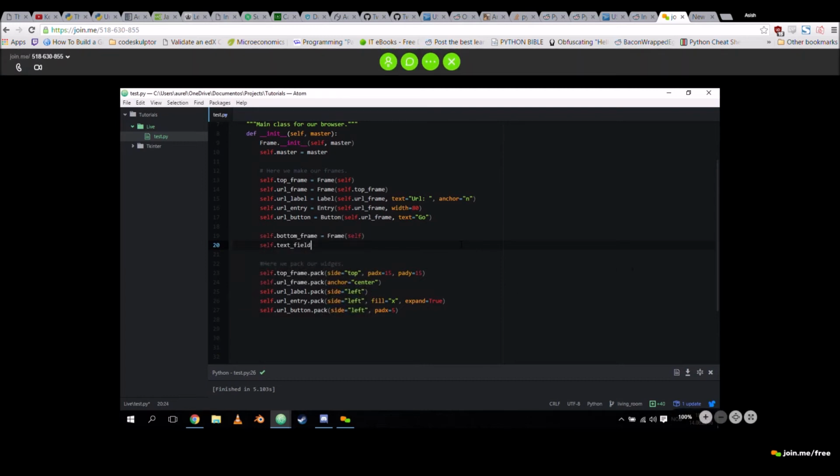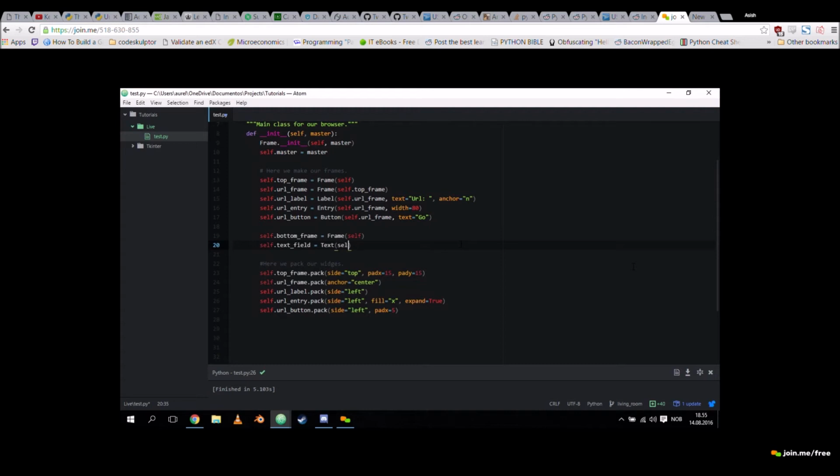Also, does Tkinter do that Bootstrap stuff where it's responsive to the window or to the device? Let's say you want to run your browser app on a phone. Is it possible to have that responsiveness? So Tkinter uses the Tcl/Tk framework that allows you to make GUIs for OSs.